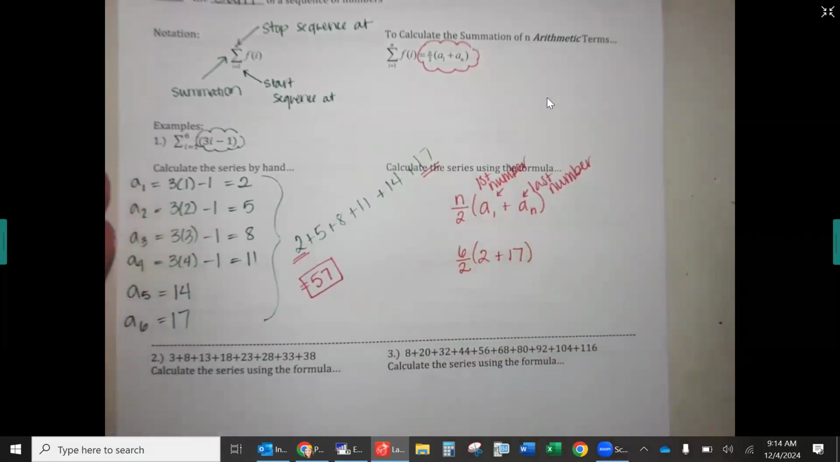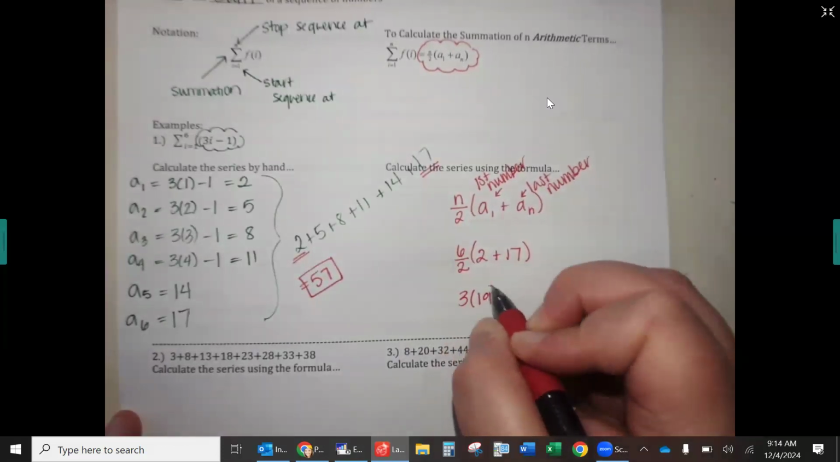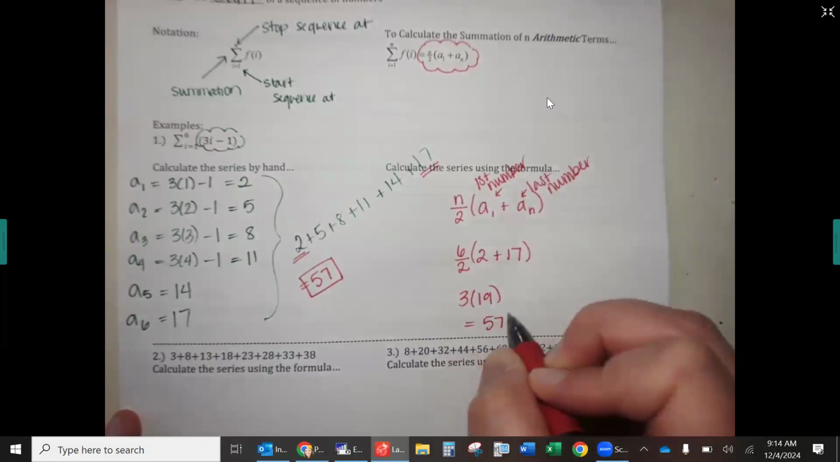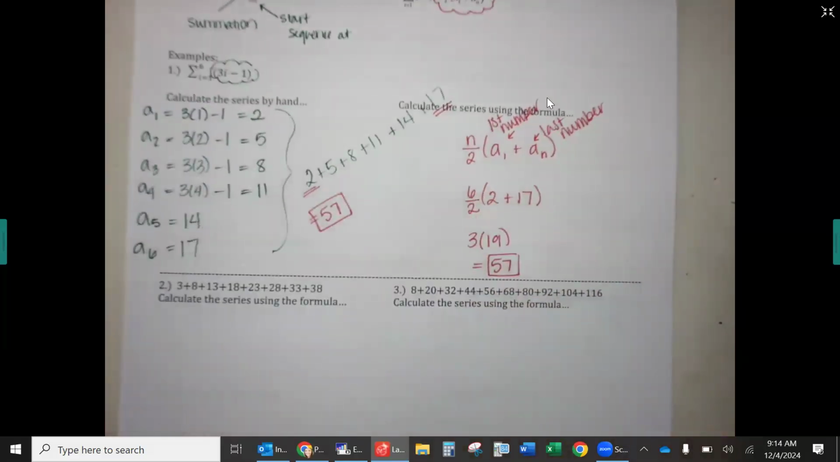Now 6 will divide by 2. What's that? 3. So then really I'm doing 3 times, what's 2 plus 17? 19, and 3 times 19 also gives me what value? Okay, it also gives me 57. Which you'll notice is the exact same answer that we got when we did it the long way by